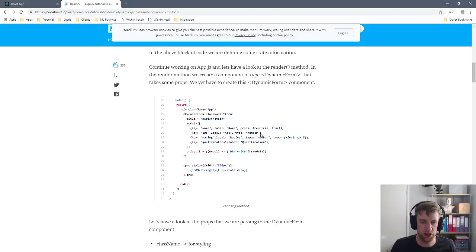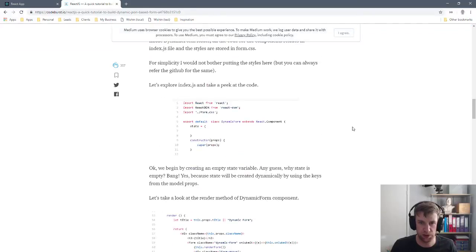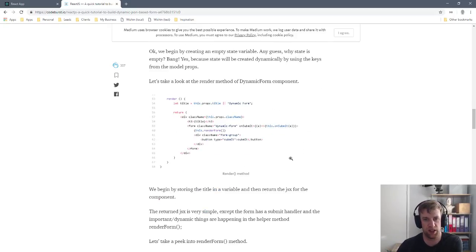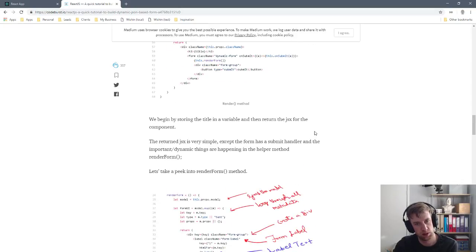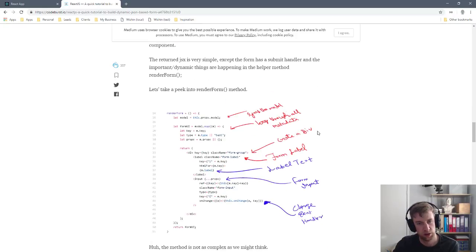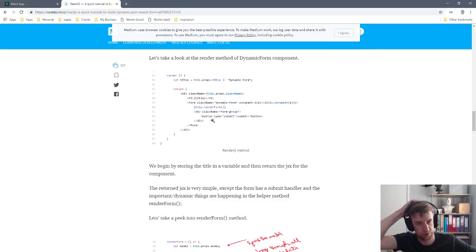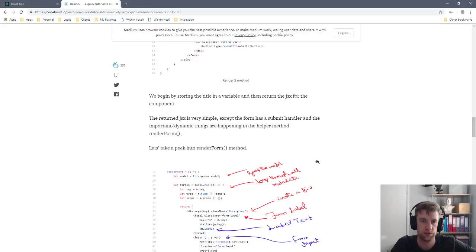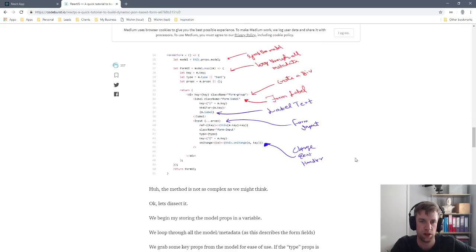The render method, dynamic form. So they've created a component called dynamic form, or is that a dynamic form? Oh no, here we go. Fine. So it's a default class. Let title be this.props.title, otherwise use dynamic form. Okay. So this is just the container around the form. And then render form